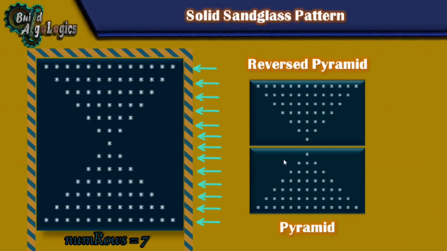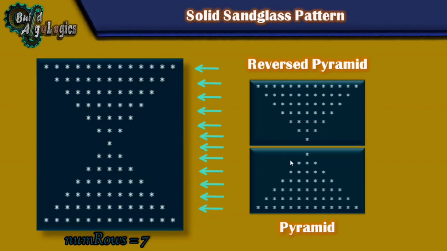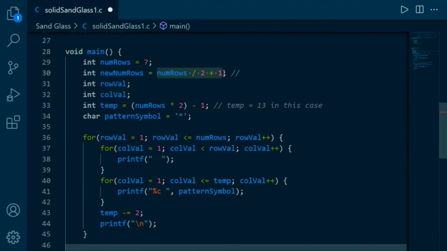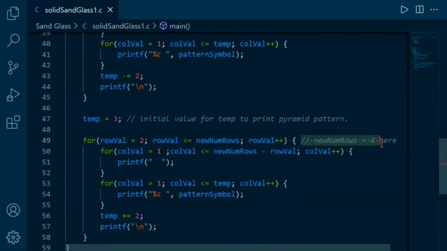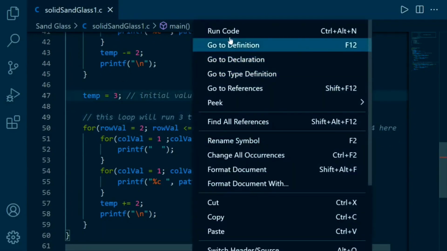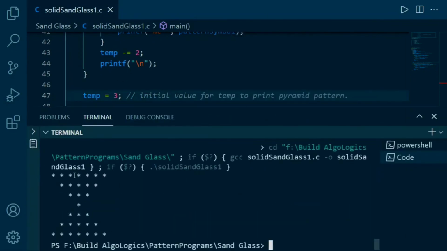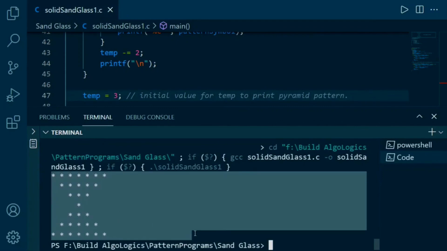So for achieving this, what we can do is halve the values of these numbers in both of the for loops, but instead of doing this in these loops, I'll declare one extra variable like this and assign this value to it. This value is nothing but the 4, as numbers divided by 2 returns 3 here. Now we'll replace numbers with this new numbers variable like this. Now this loop will run 4 times, and in this way, by reducing this value by 1, because we want this loop to run 1 less than our first loop, in this case it is 3. That's it. Now let's run it, and yeah, this is our first solution of printing this pattern. Now we'll see our next solution.